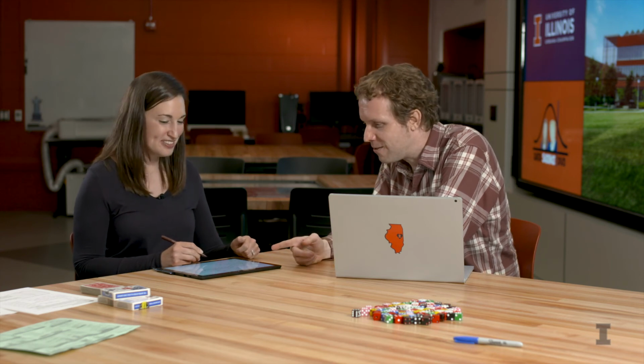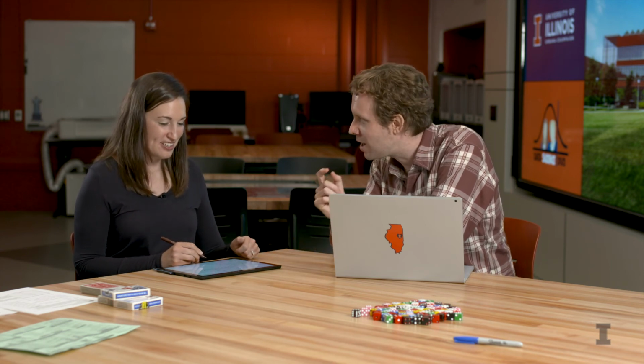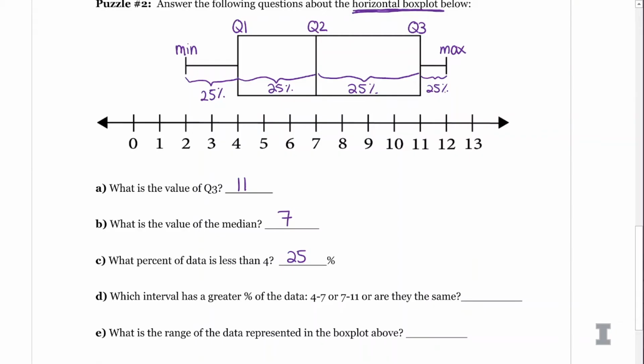And for the longest time, I didn't find this very intuitive, because look at those areas. That last 25% is so tiny, but you're saying a quarter of all the data is in that tiny range? Exactly. So one thing that you have to get your mind to think a different way about with the box plot is that areas don't actually matter. What matters is these values for the quartiles and the percentiles. And the fact that we know that 25% of the data is less than Q1 and 25% of the data is greater than Q3, even though these whiskers are actually different lengths. So that's a great point.